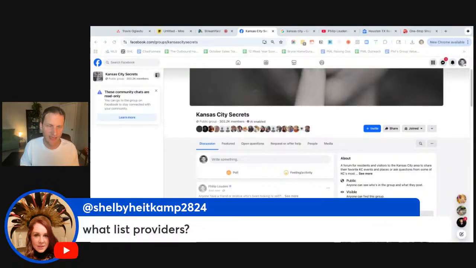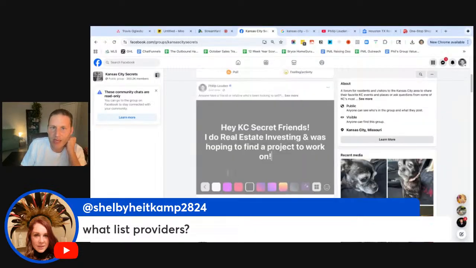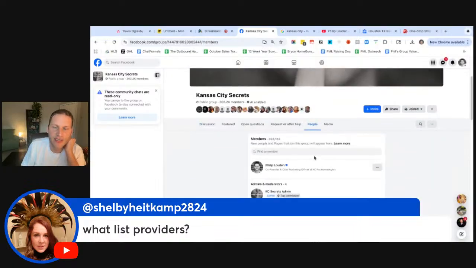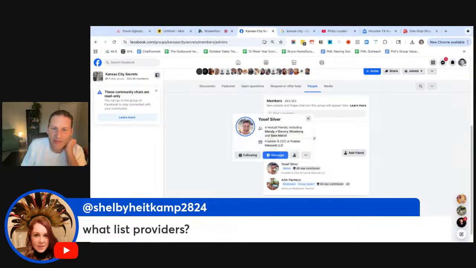And I don't think you guys can see my notes, but I'm going to build out my own little SOP for this and just have that copy and paste. In every group I find that's really good, I'm going to focus on just making the messages really good. Like this one, will it be approved? Maybe, maybe not. And then you can also go into, I forget how exactly to find this, the members. And then you can go into the admins, and you can reach out to the admins.